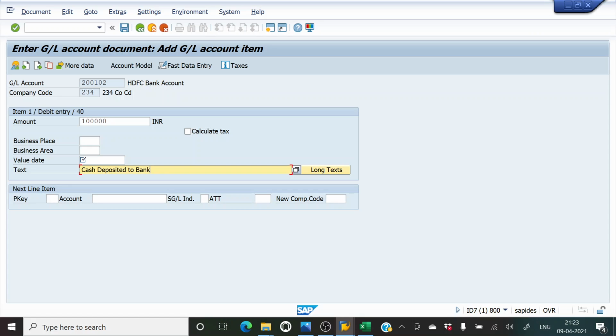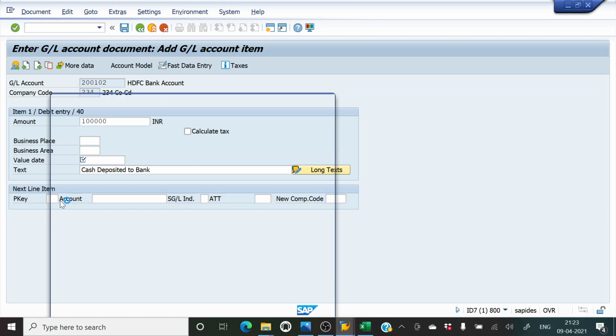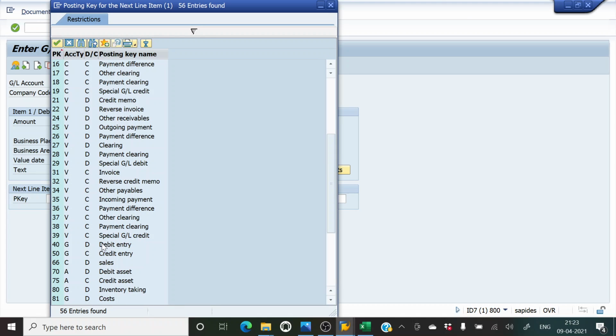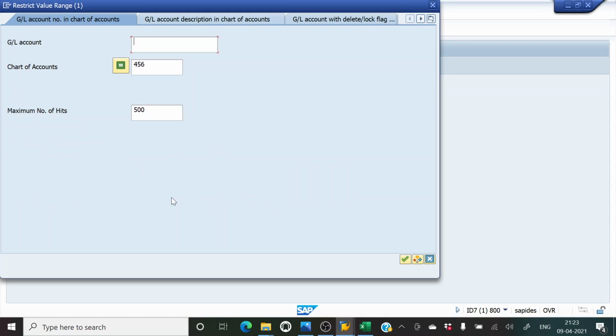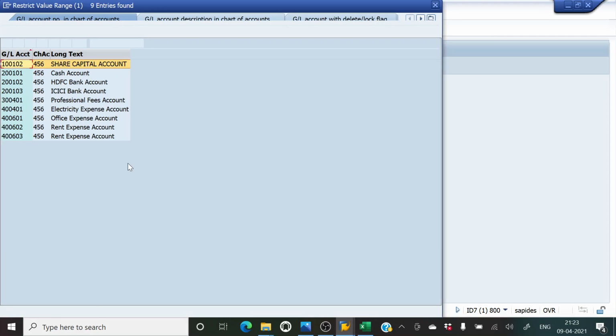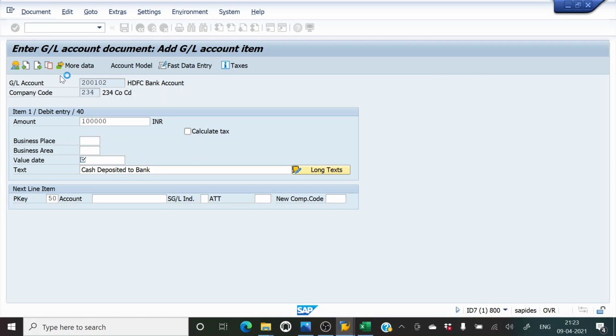And then we will have to select a credit key. If you go back here, this is a credit entry, 50, and we will select the cash account because the cash is getting deposited to the bank, so the cash account would be credited. All right, I hit enter.